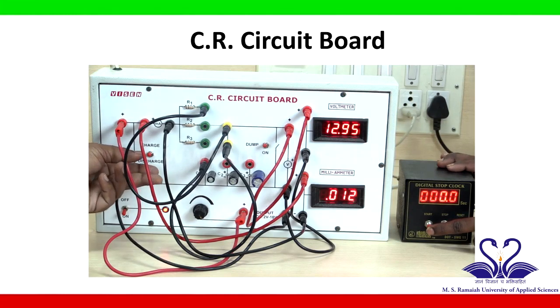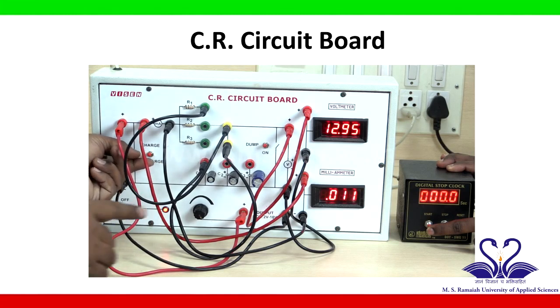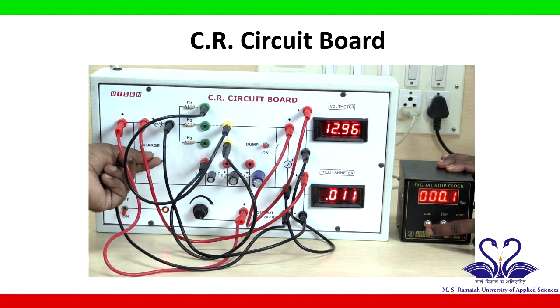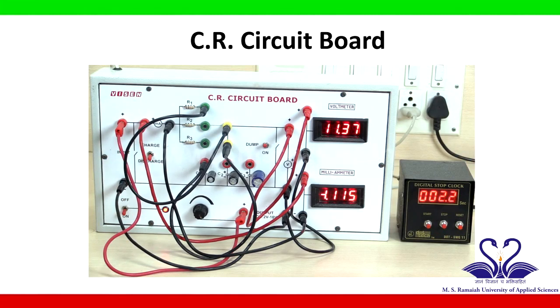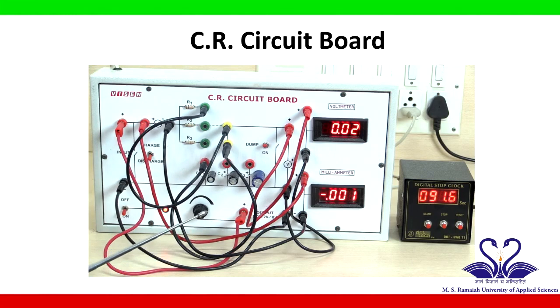Now we have to take discharging voltage readings. For that, turn the switch to discharging mode and start the stop clock simultaneously. Note down every 10-second voltmeter readings until the voltmeter reading shows 0 voltage. Repeat the procedure for